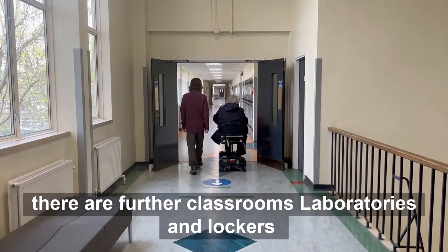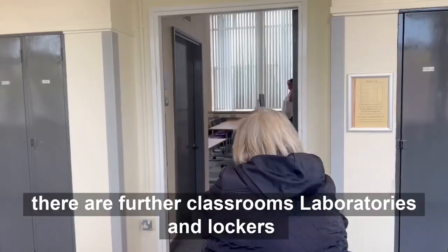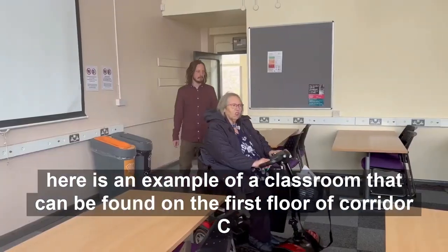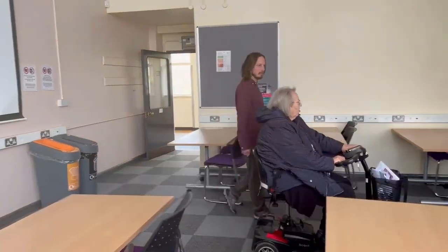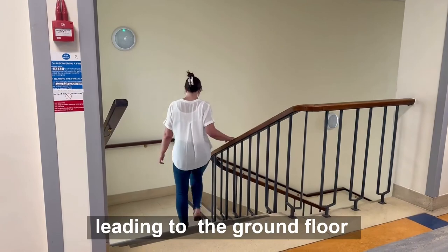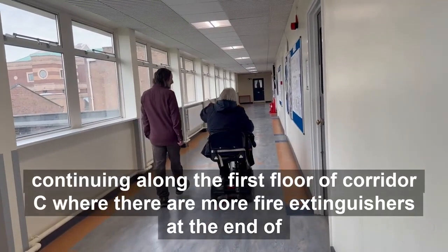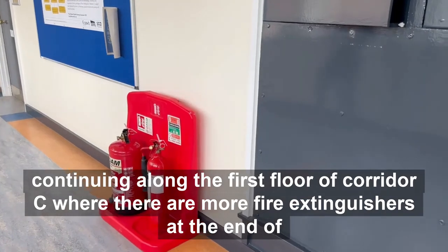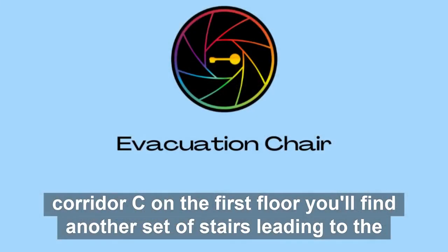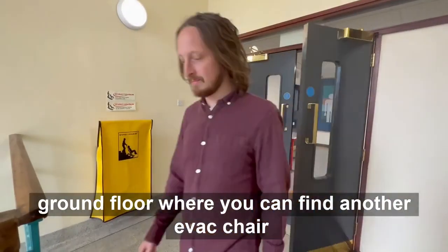Upstairs on Corridor C, there are further classrooms, laboratories, and lockers. Here is an example of a classroom that can be found on the first floor of Corridor C. On the left, there are stairs with gripped edges leading to the ground floor. Continuing along the first floor of Corridor C, there are more fire extinguishers. At the end of Corridor C on the first floor, you can find another set of stairs leading to the ground floor, where you can find another evac